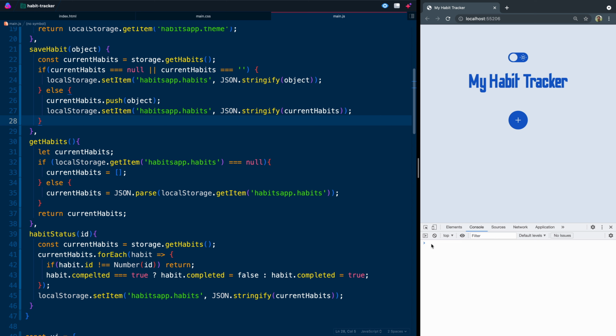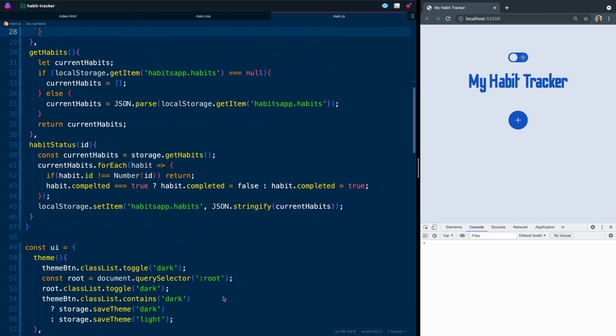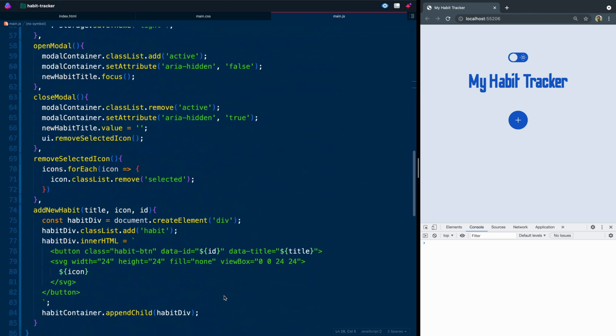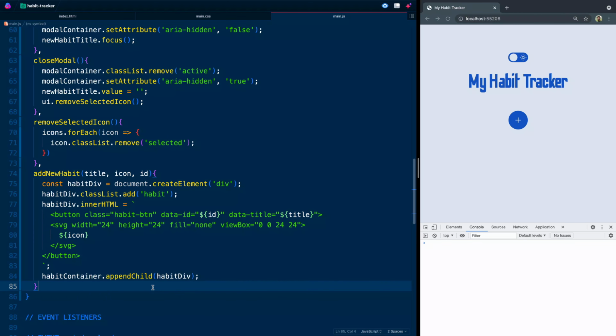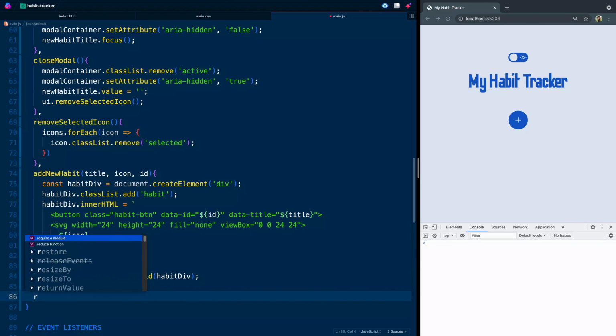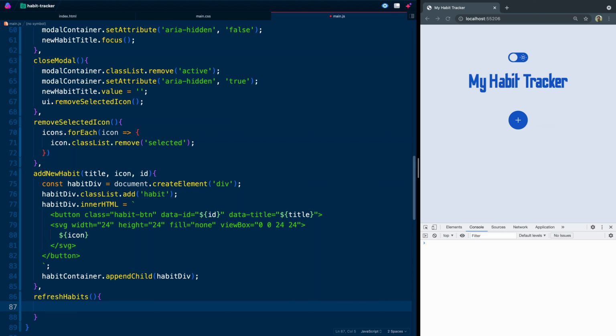There's one other thing on our UI before we can load things by default when we open up the browser to whatever site we've created here. And that is, we're going to write one more thing and we're going to call it refresh. Refresh habits. And this is what we're going to call on window load. We'll say const, let's just call them habits. We already have habits up top, I think. So let's do UI habits is equal to